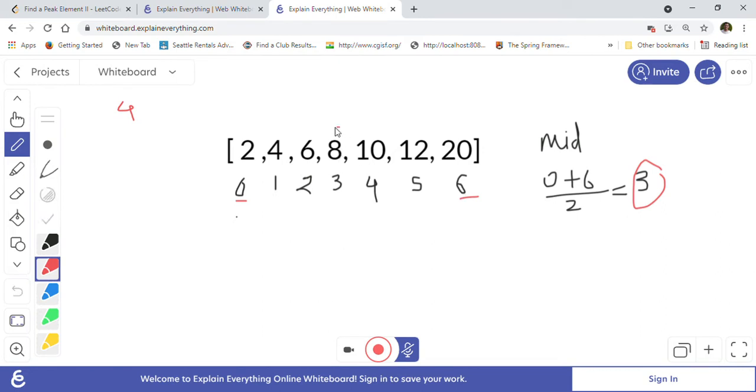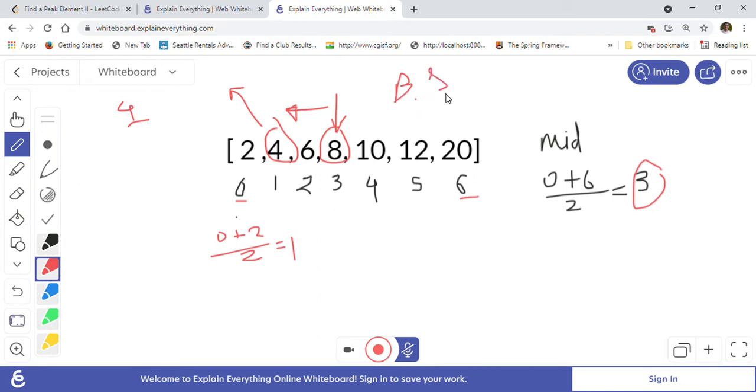So we check this element, and we find that this element is bigger than 4, so the 4 must be on the left side. This is the concept we use in binary search. Because the array is sorted, we look into the left side. Again we calculate 0 plus 2 divided by 2, which becomes 1. So we look at the element at position 1, and it is 4. So we return that position as the position of the target element in the sorted array. This is our normal binary search.